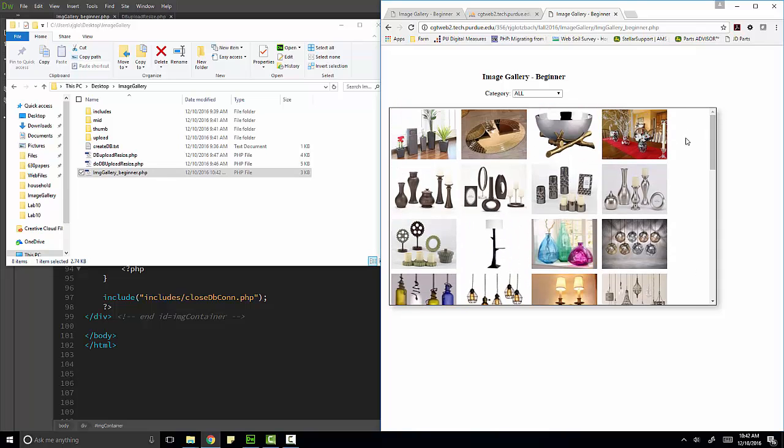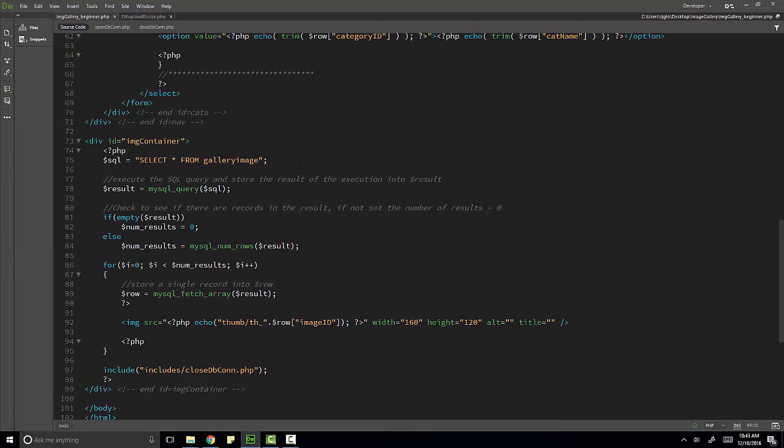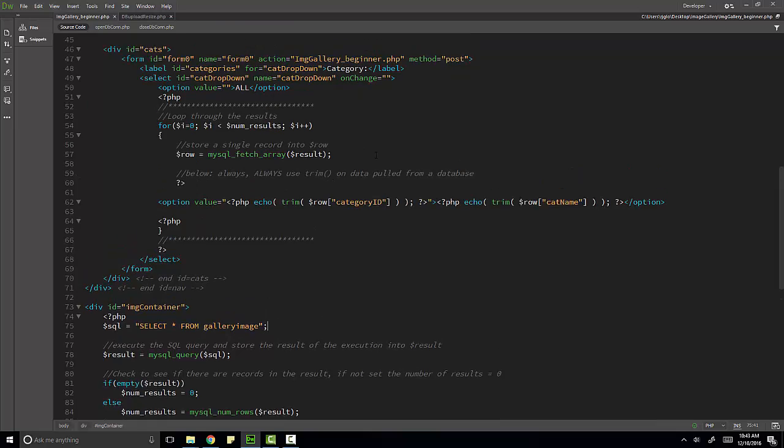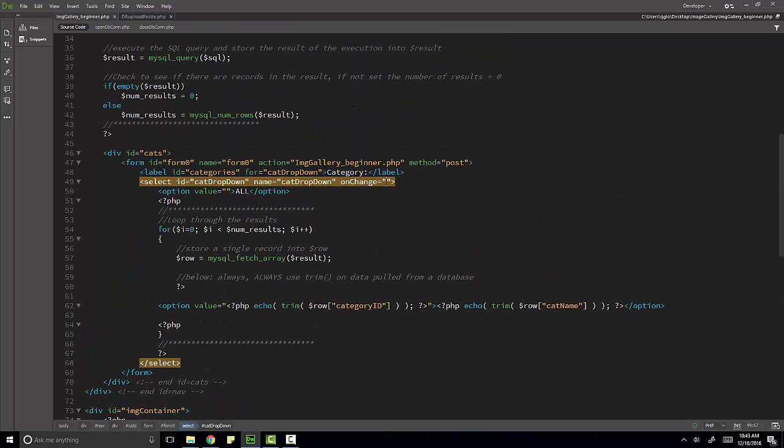The next thing is to be able to distinguish between each one of these categories that are here. So the first thing we need is to resubmit the page. To resubmit the page, we come up here to the opening select and we have an onChange event. And in that onChange event, that's going to be some JavaScript. So I do a JavaScript colon, and then I'm going to write one line of syntax that's going to submit the form onChange. So I'll do a document